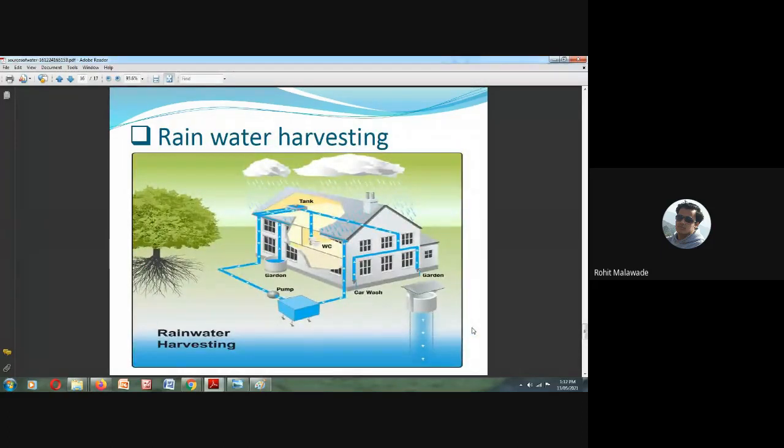Rainwater harvesting nowadays is very, very important. It is not in your syllabus, but still you should know about rainwater harvesting, so we will have a 2 minute talk on this. Whatever precipitation comes onto your slab level, we are going to store this water. We can use it for the garden, or else we can store it into the groundwater and recharge the groundwater. We are going to have a soak pit.